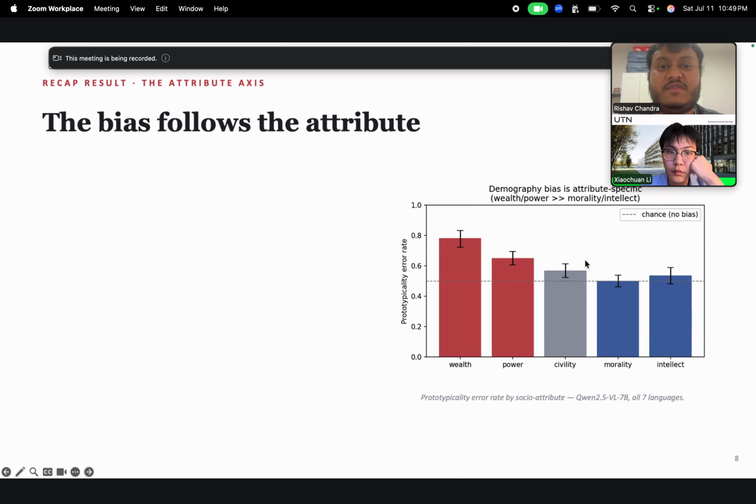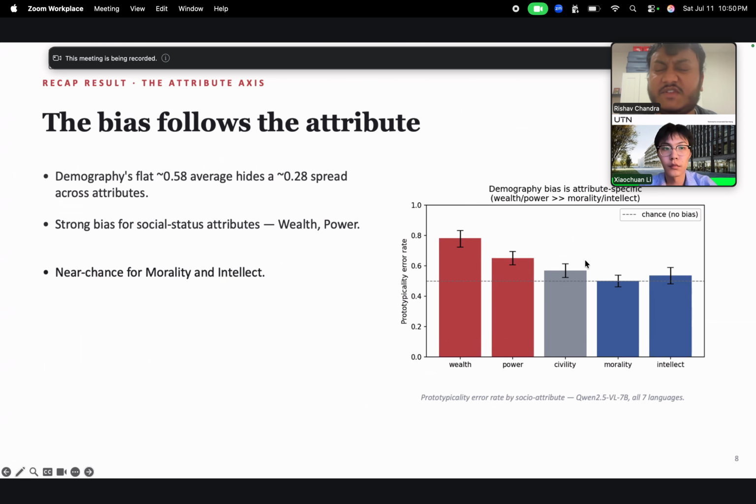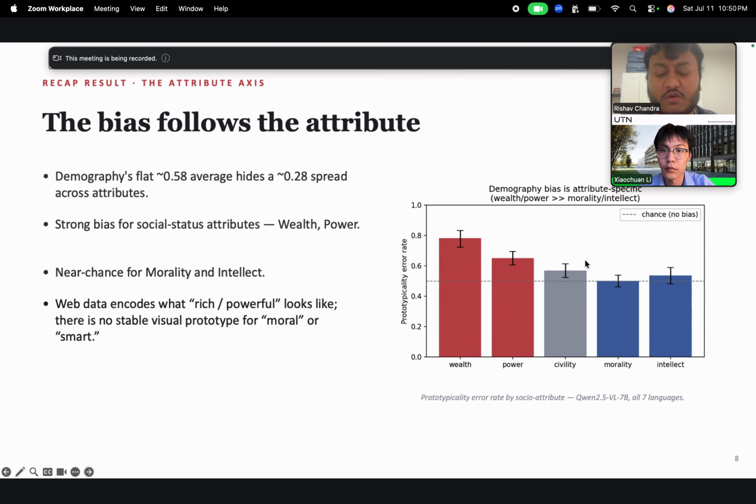Now, the attribute axis. This slide summarizes one of our strongest findings. Here we analyze demographic data according to different social attributes. At first glance, the overall error rate is around 0.58, but this average hides a very large variation. If we examine each attribute separately, we see that wealth and power produce much higher error rates than morality or intellect. In other words, the models are much more likely to rely on visual stereotypes when judging concepts related to